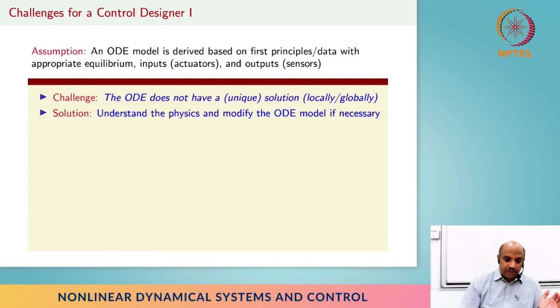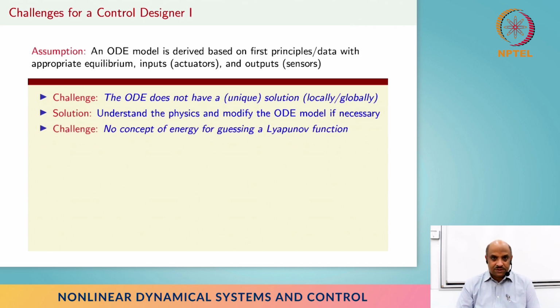But of course, whenever something like that does not work out, if the conditions that we learned in the first couple of weeks of these lectures fail, what do we have to do? The choice we have is actually understanding the physics and then basically see if the ODE model is actually consistent with physics, right? So otherwise we have to throw it away and then probably modify the ODE and things like that. Then we actually went into Lyapunov stability theory,